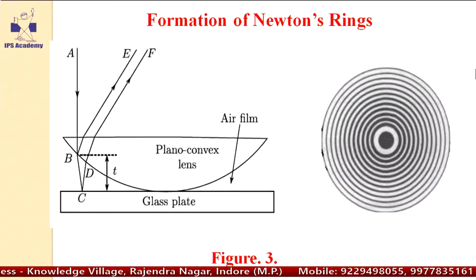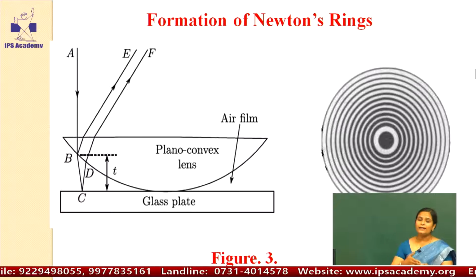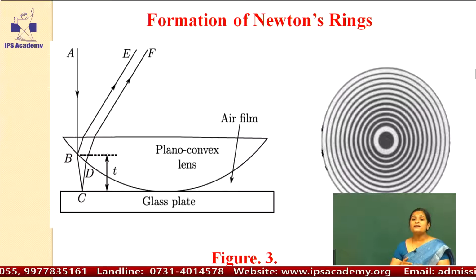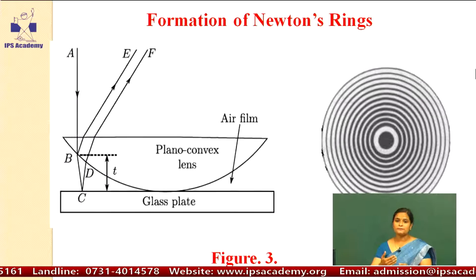The incident beam is coming from the reflected region of the light, that is the upper portion. AB is the incident beam. The light will be incident normally from the region AB, and it is a concept of refraction. When any light falls normally on the second medium, there is zero refraction. Light will travel the same path.